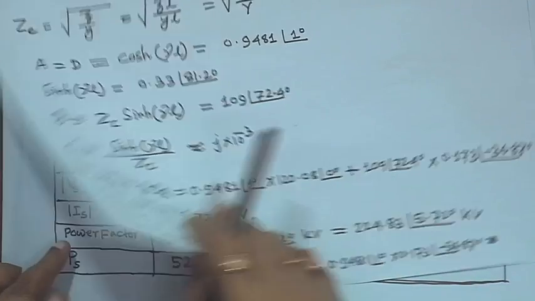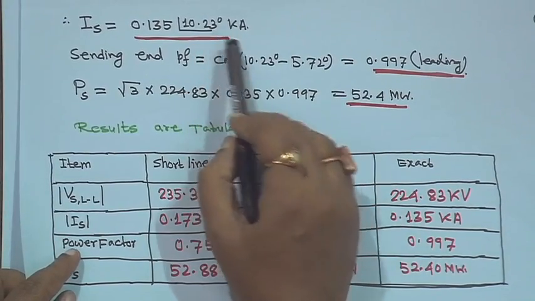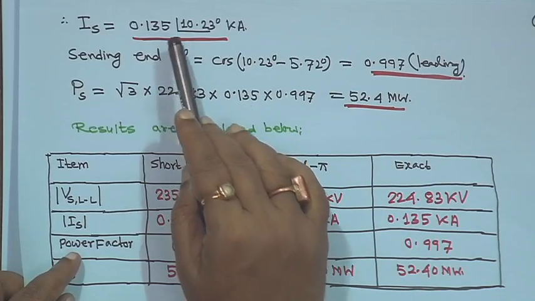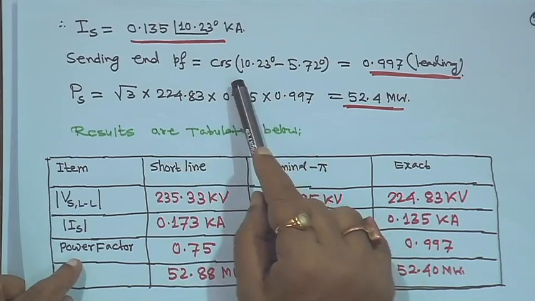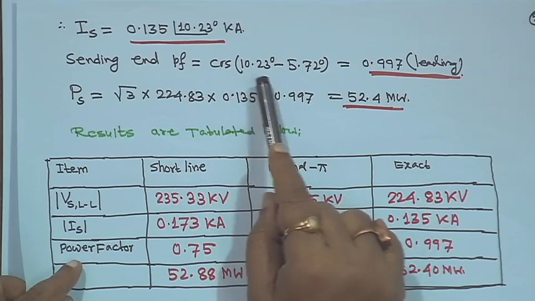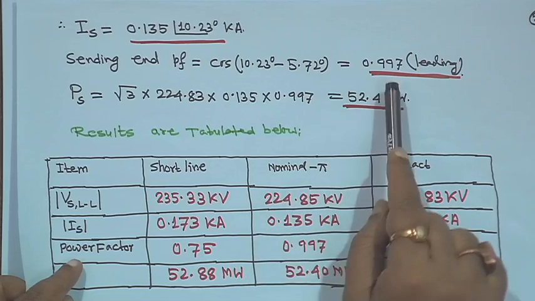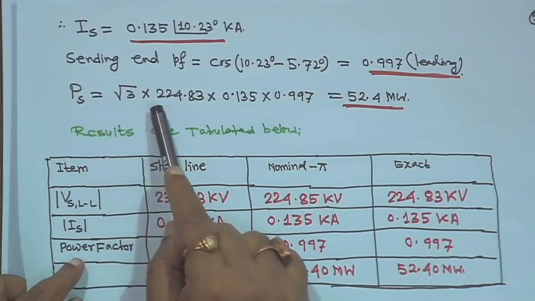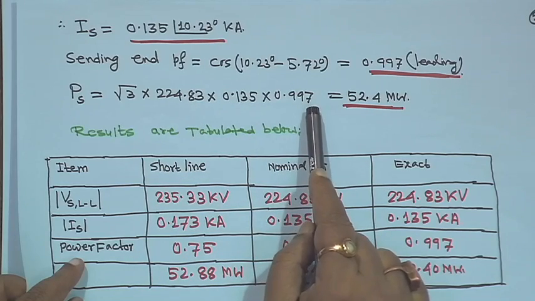In this case also the Vs angle is 5.72 degree, and the current is 10.23 degree from a reference line, if you take the same as before. So, the current actually is leading the sending end voltage here also. So, the power factor will be cosine of 10.23 minus 5.72 degree, same as before, that is 0.997 leading. So, the sending end power is equal to root 3 into VR into this current magnitude into 0.997 power factor,